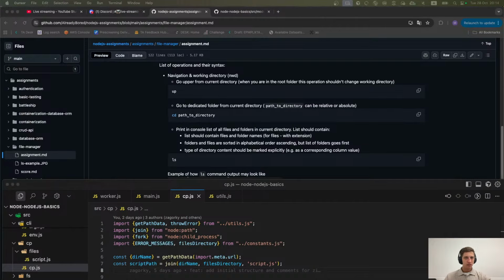Okay, guys, please give me a second. I had some demo for you. I'm not sure it's working right now because I didn't test it on version 24 of Node.js, but it would be easier for you to understand what you need to implement if you see it. File manager. I don't really see it here. Probably it's not file manager. Okay.